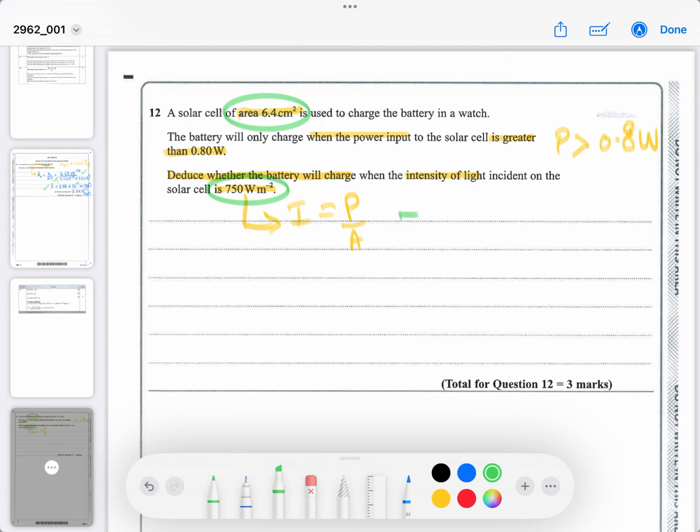So all you've got to do is make P the subject and multiply the intensity by the area, yeah? And you should figure out whether it's above 0.8 watts or not. So 750 times the area in meters squared, so 6.4 times 10 to the minus 2 times 10 to the minus 2 to convert from centimeters squared to meters squared. So that'd be times 10 to the minus 4. Okay? So once you do that, you will see that the power that you can produce with that intensity, P,